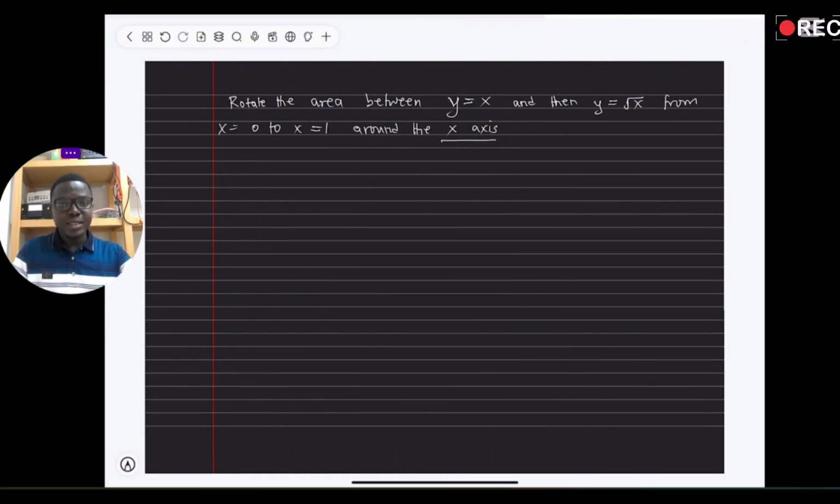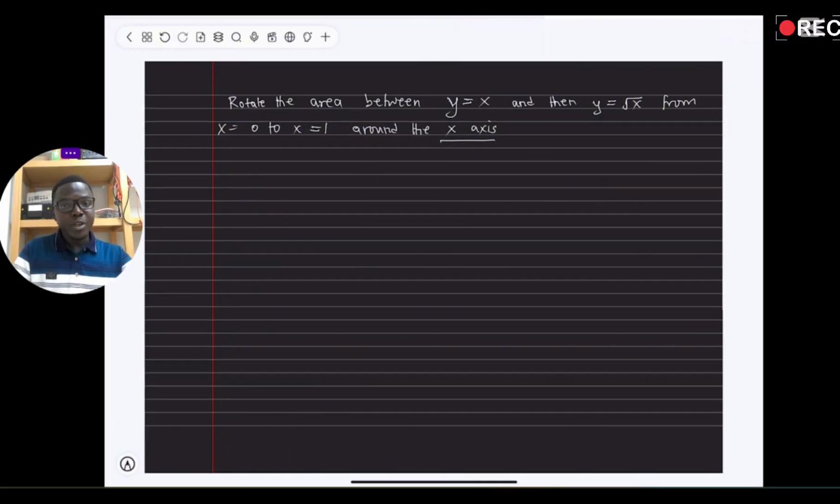So in such cases we don't have to find the meeting point. But in cases whereby we are not given the boundaries, which is x equal to 0 and x equal to 1, that means that we have to find out the boundaries, that is the point at which they are meeting. So kindly check the next